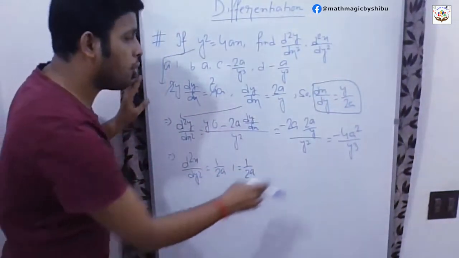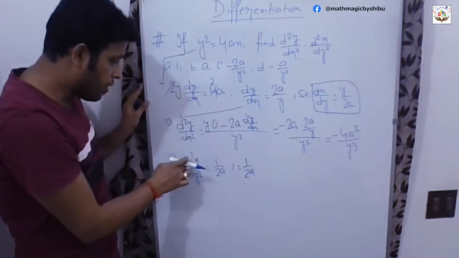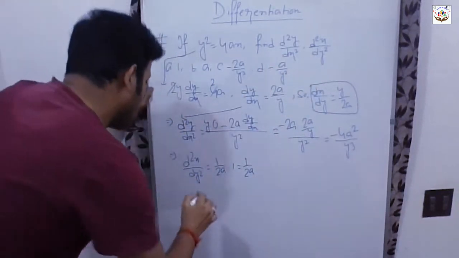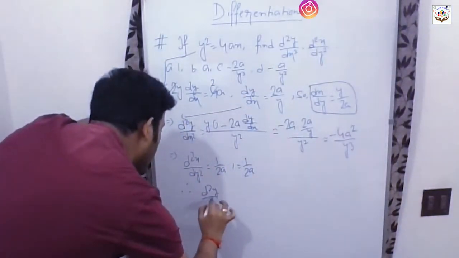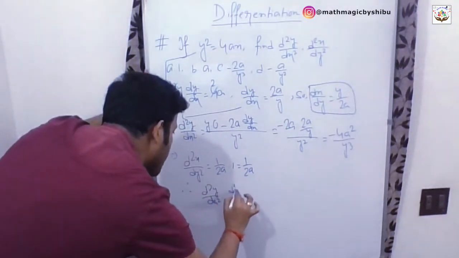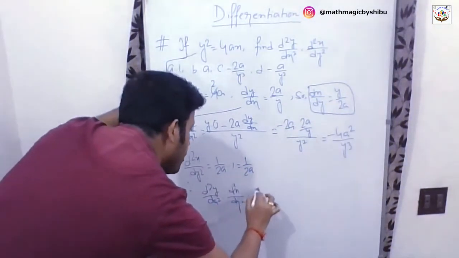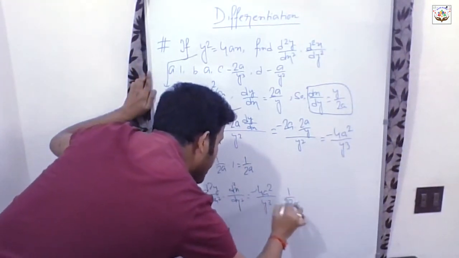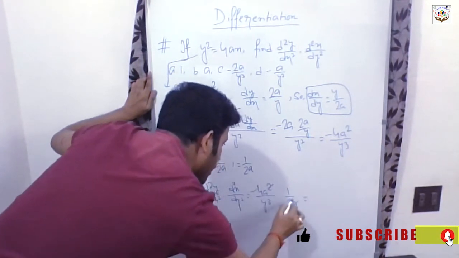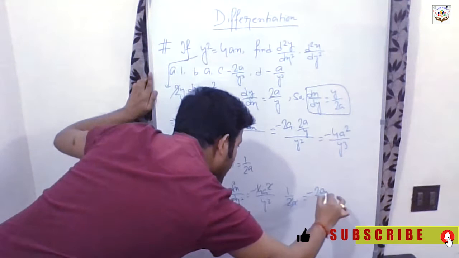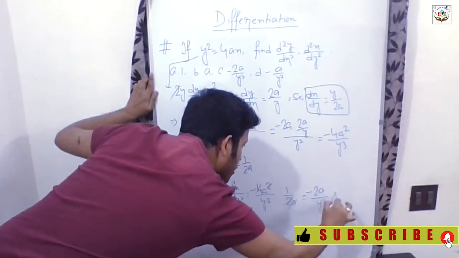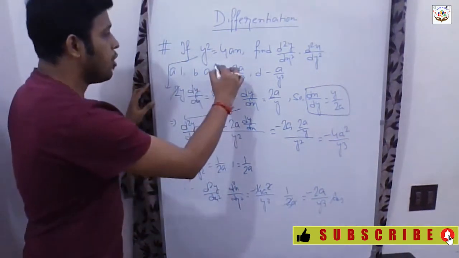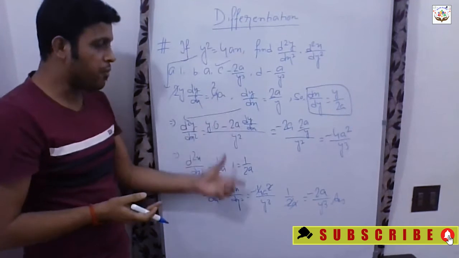So we have got the value of d2y by dx square, and we have got the value of d2x by dy square. Now we just need to multiply them to get the desired answer. So d2y by dx square into d2x by dy square would be minus 4a square by y cube into 1 by 2a. So we can cancel out 1a from the below and 2. So the answer will be minus 2a by y cube, right? I hope you have understood. It matches with answer option C, right? Just go step by step to understand.